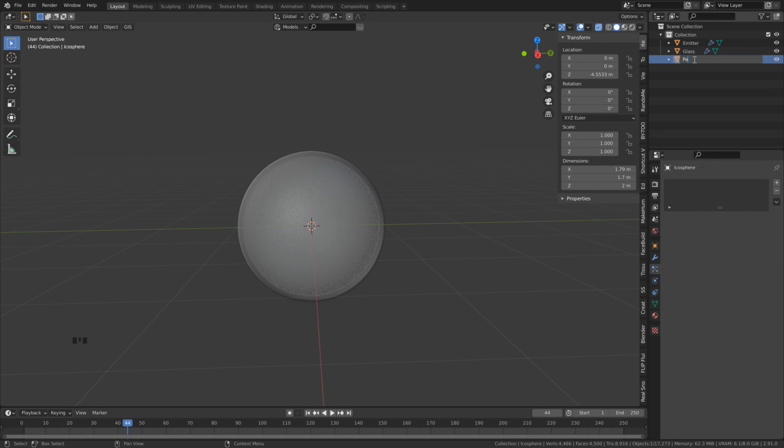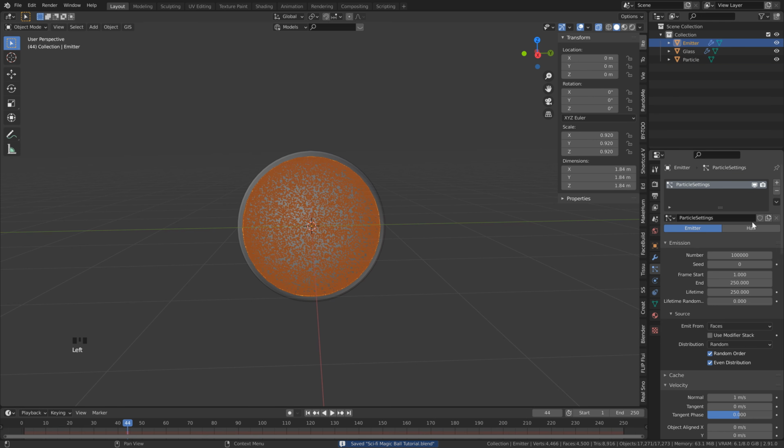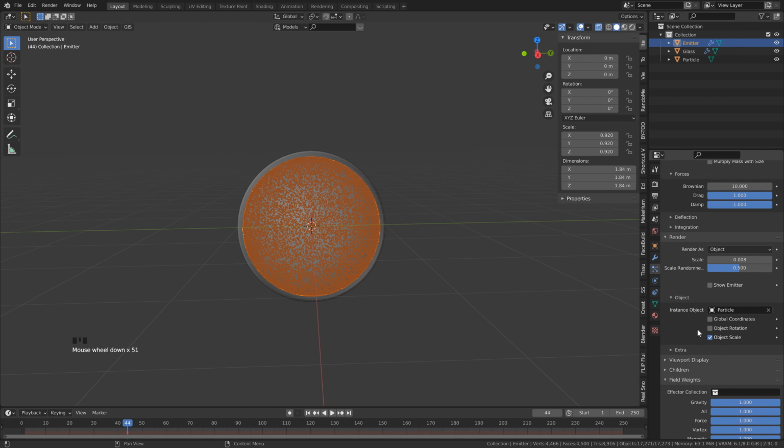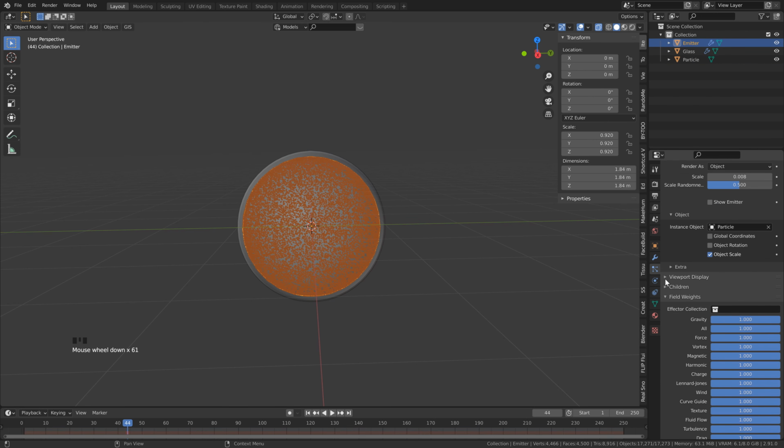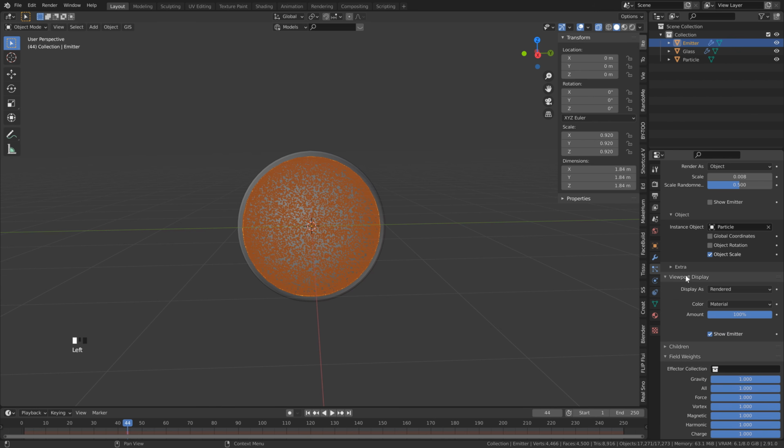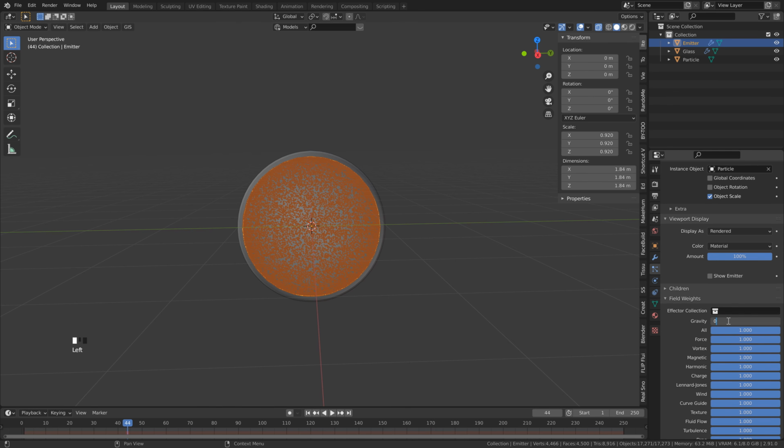Let's also rename that particle. Select our emitter, back down. Just a couple more things with this particle system, so we'll open up the viewport display, uncheck show emitter just so that we don't have our icosphere showing and it's just our particles. Finally, we want to set our gravity to 0. And now is a good time to save. Then head back to frame 1, and if you hit play, you can see that we've just got our particles